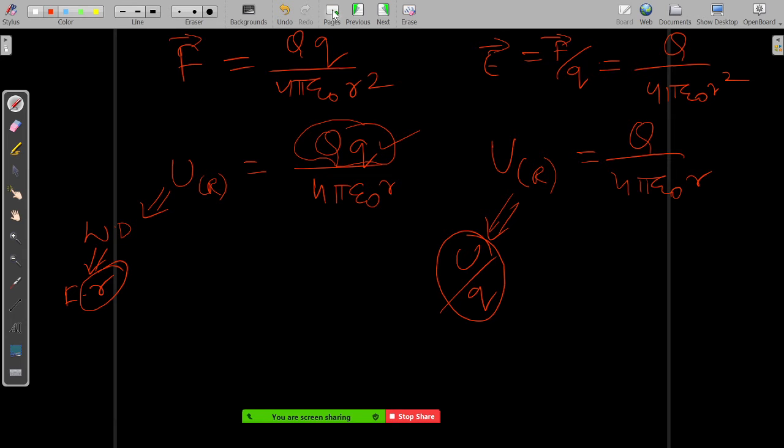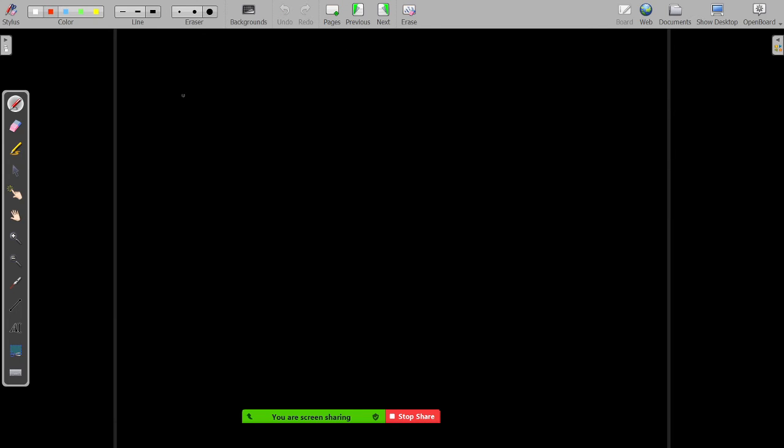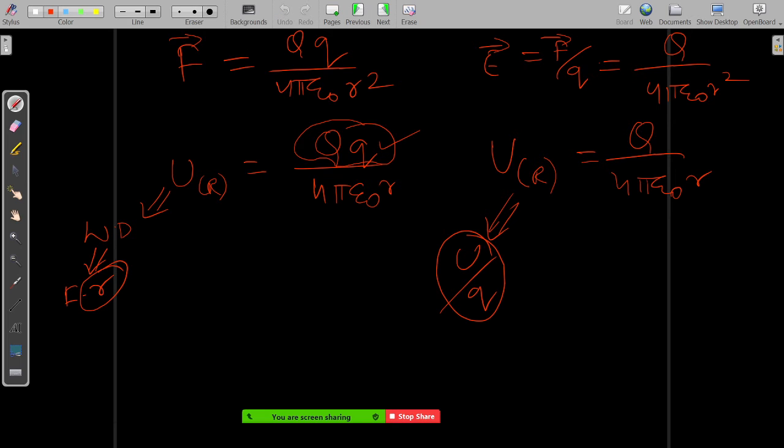So now we'll go to the most important part. This is your relation between electric field and your potential. What is the relation between these two? So you saw that the electric field is also associated with only one charge, correct? And the potential is also associated with only one charge. So we know what is the electric field of this charge. We also know what is the electric potential of this charge. So we want to find a particular relation between these two.